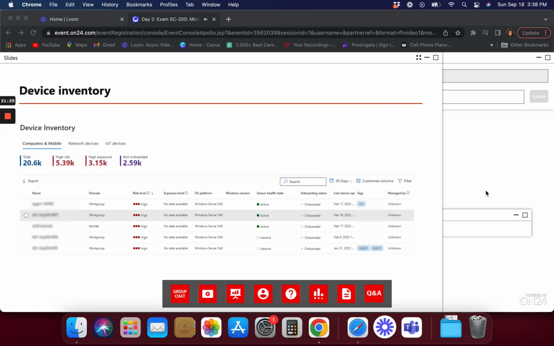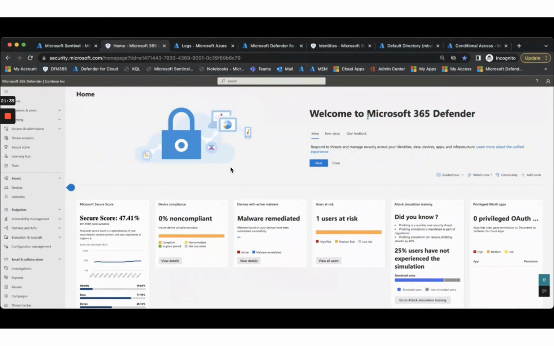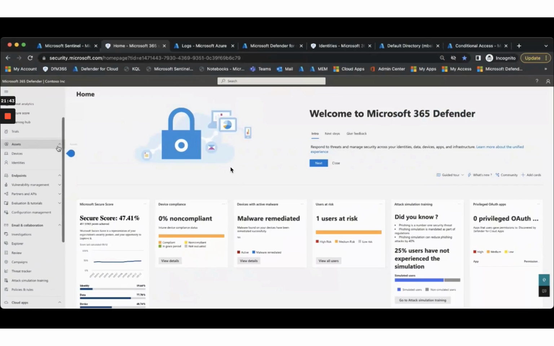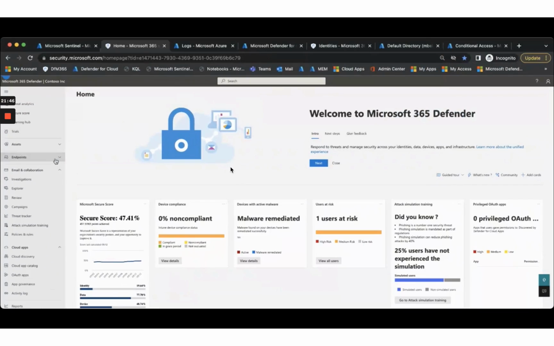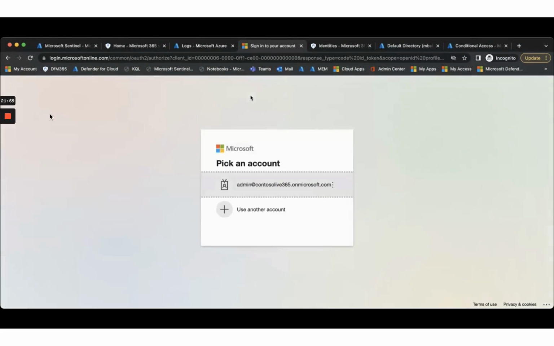Okay, so here's what I'm going to do. I'm going to do a demo, and I will show you. Okay, so we're back here. Just a reminder, this is the Microsoft 365 Defender default landing page. Now, the most relevant part here is going to be two things for the endpoint. The first thing is how do you configure it, right? So I will show you something that will help you quite a lot when you're working with